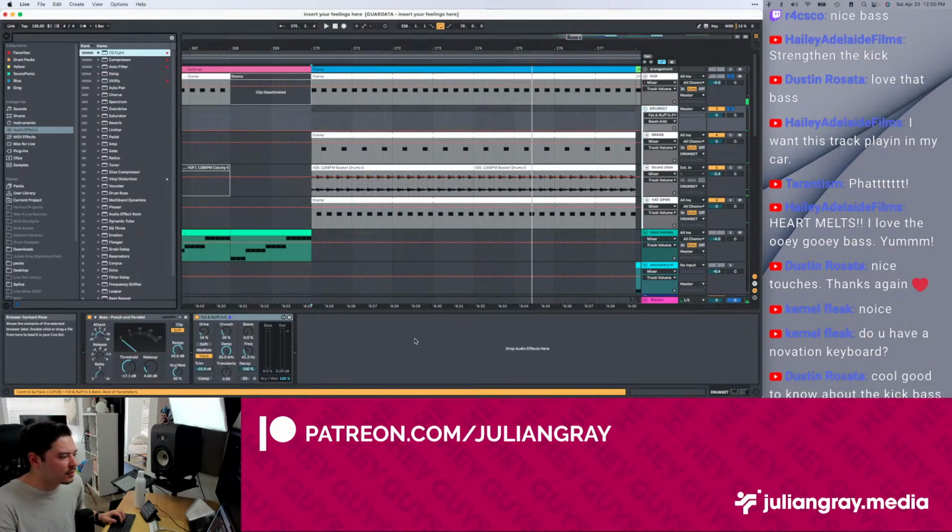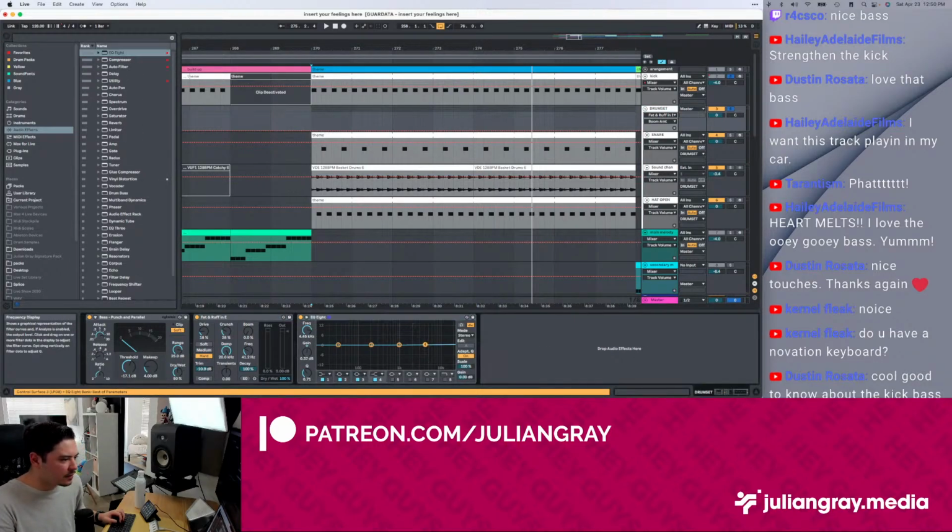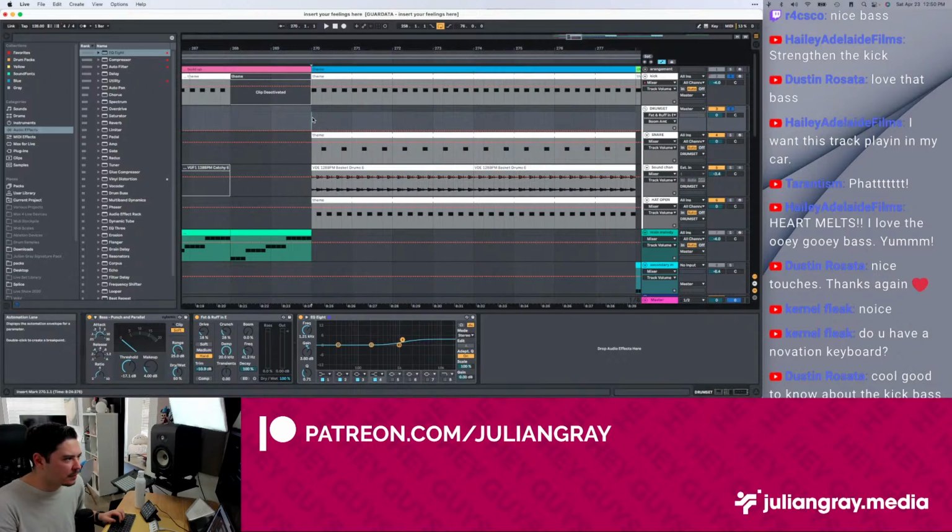I still believe these are a little bit too dull. I'm just going to take an EQ for lack of time, just add a little bit of high end to the whole drum kit. I think just by prioritizing the high end, we'll make these punch through more, give it more crunch.